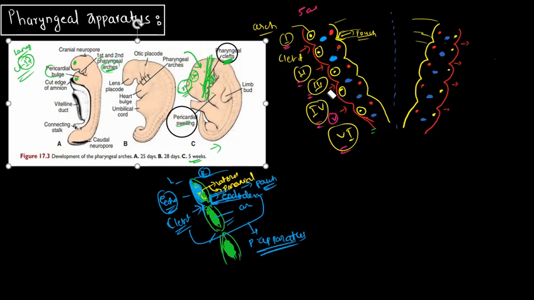Then let me give you the orientation about the pouches and clefts in this diagram. In this we can see the structure, the depressed one, this is the cleft, the groove, and there are totally 1, 2, 3 and 4 clefts. Similarly, seeing the endodermal origin, or let us see toward the inside, we have these pouches. How many are there? 1, 2, 3 and 4 pouches, and if we consider both sides, then there are 4 pairs of pouches and 4 pairs of clefts.